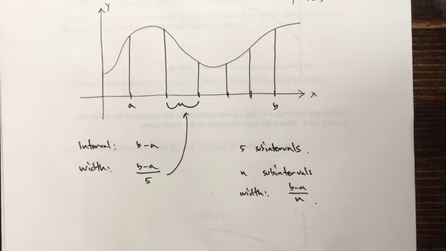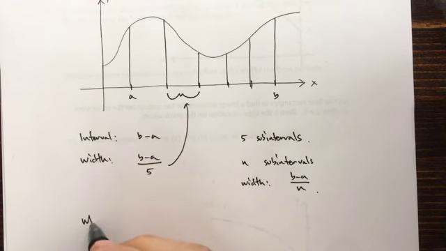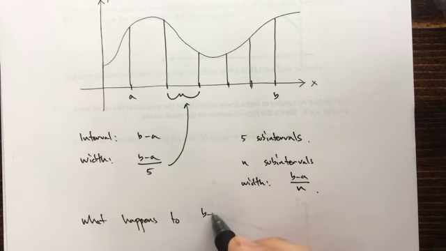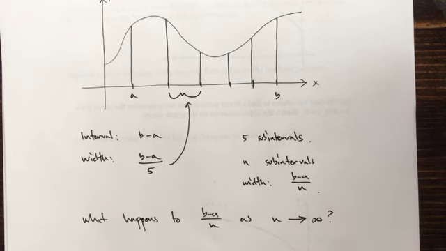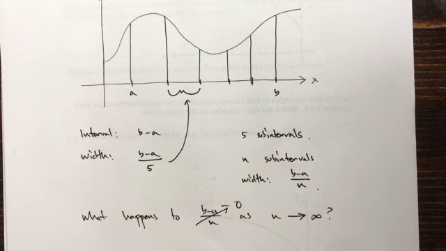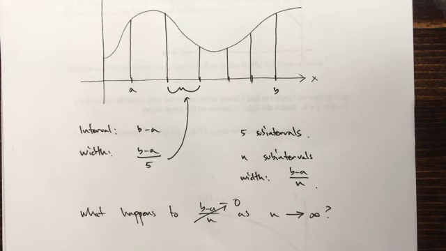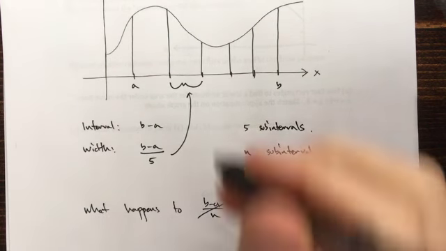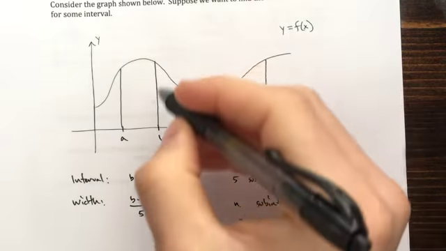So we might think about too, like what happens to B minus A over n as n approaches infinity, right? If we have lots and lots of rectangles, what happens to the width? Well, the width of the rectangle goes to 0, right? And that's really what we want. We want infinitely many rectangles with a tiny, tiny width. So in general here, if we call, let's call this right